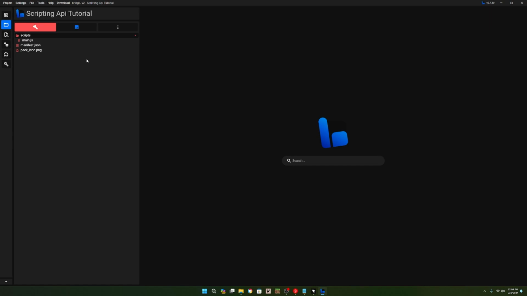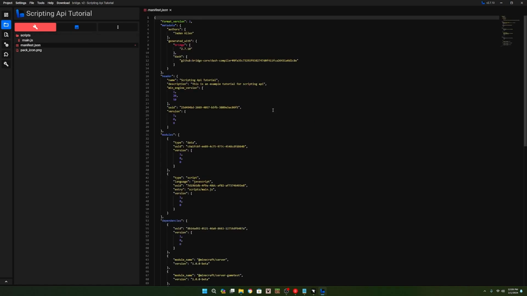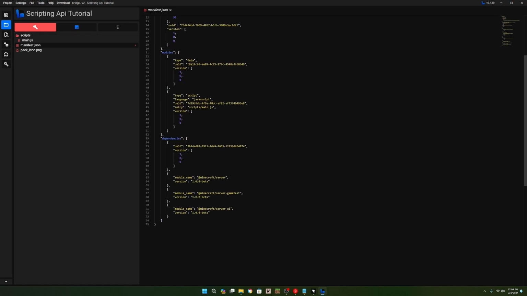There is going to be a couple issues. If you were to try to add this to a world already, it's going to throw errors basically because things are out of date. If you go down to your manifest, you can actually go down here and under Minecraft server, as of the most recent version, it is 1.8.0, and then in the UI, it is 1.2.0. I don't believe they ever updated game test, and I believe it's actually deprecated, so I think you should be able to remove this, but I'm not really sure, so I'm just going to leave it there for now. That's basically it. Now if you press Ctrl S after changing that, and then add it to a world,